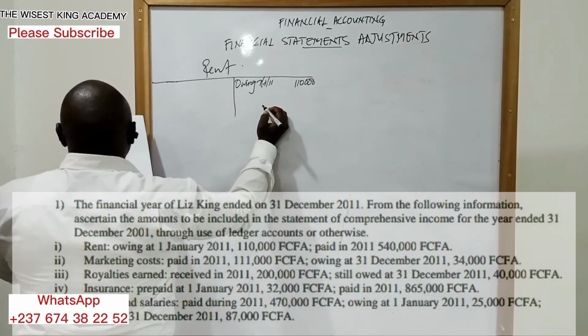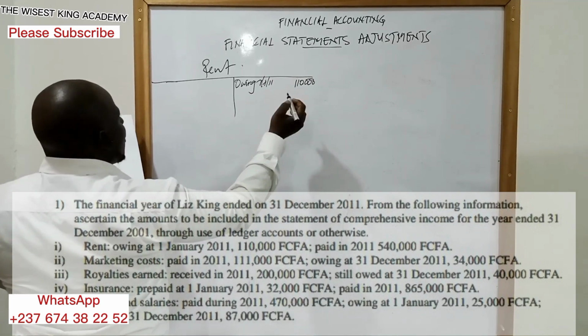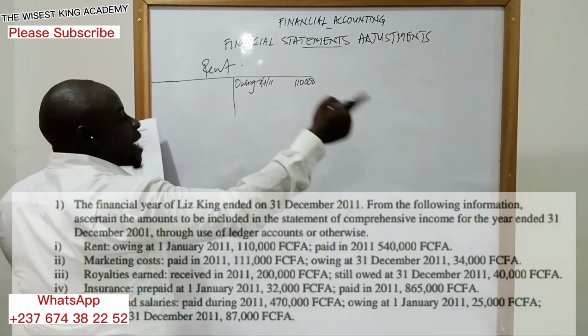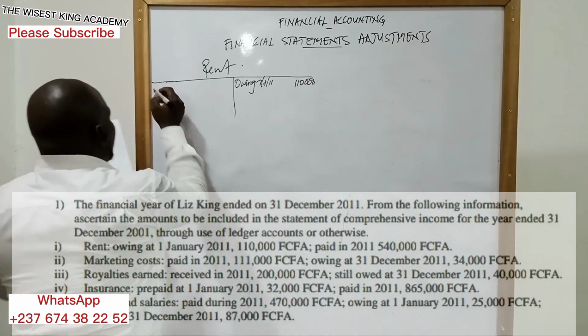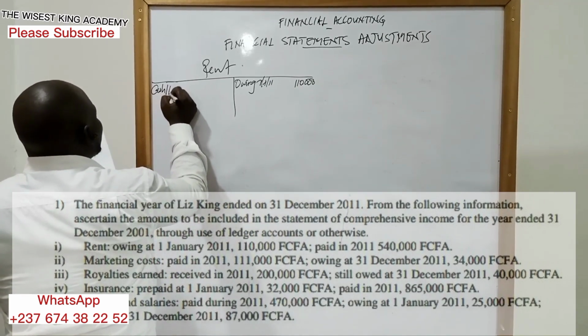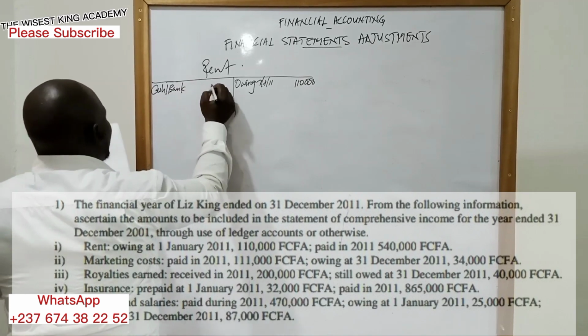And now, paid during the period, the amount we paid for rent. Expenses are debited, but when we pay them, we credit our cash book and debit the expense. So I have a cash through bank. If you pay by check, that is